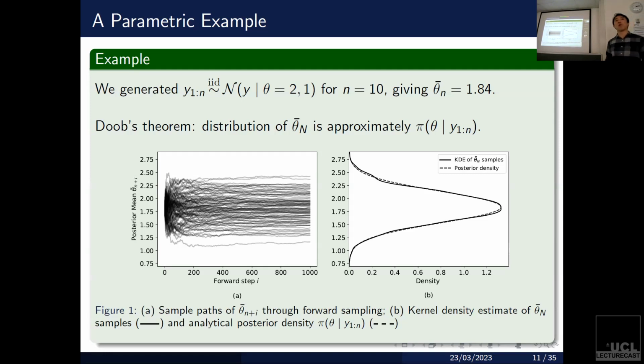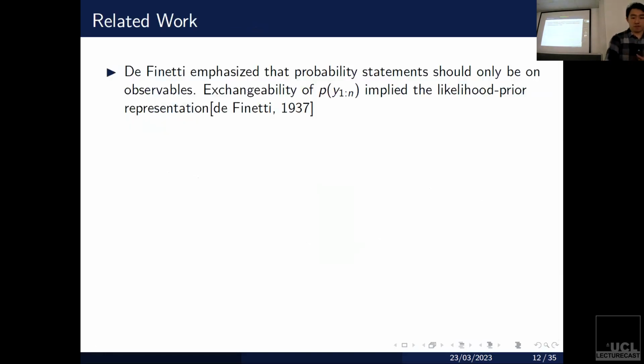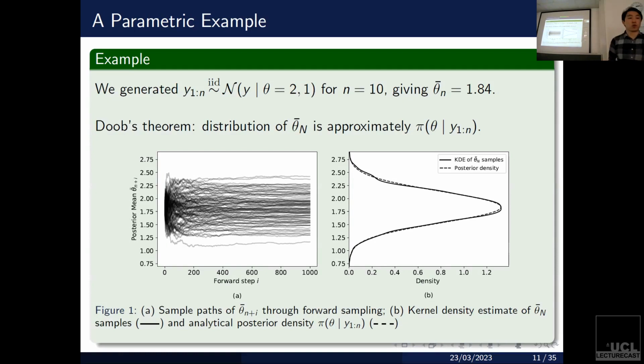It seems like a bit of a roundabout way. We started with the posterior, got the predictive, went back. So what we're going to do now is that we're actually going to generalize this. We're going to imagine what this looks like when we have a more general sequence of predictives. So that'll be the remainder of the talk.